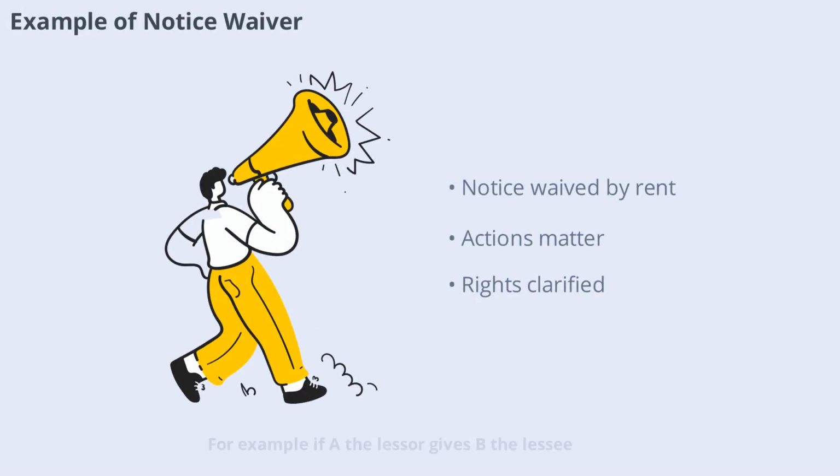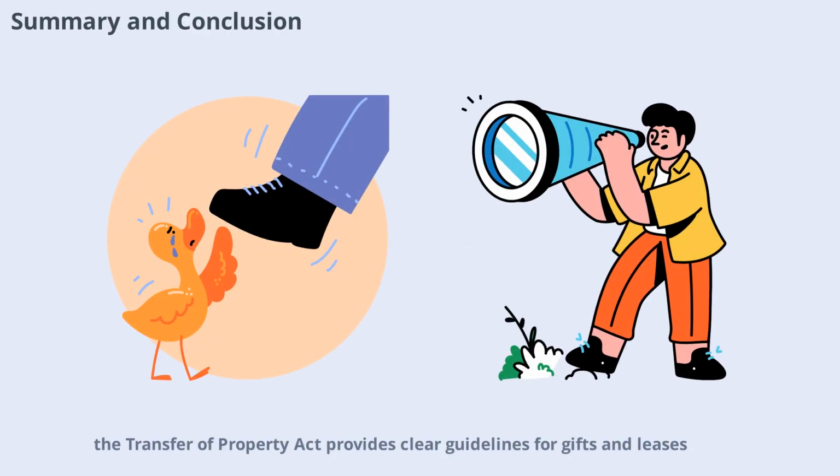For example, if A, the lessor, gives B, the lessee, notice to quit and the period of notice expires, but A accepts rents from B, the notice is waived. This practical scenario highlights the importance of actions and intentions in lease termination, ensuring that both parties understand their rights and obligations. Summary: the Transfer of Property Act provides clear guidelines for gifts and leases, outlining the requirements, rights, duties,